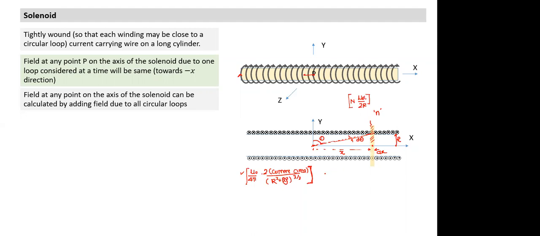The current part is this. Shreya, can you write this expression? Mu naught by 4 pi. How much is the current through this part of the solenoid? Shreya, how much current should I write? Area is okay, I can write pi r square. What is the current passing through this length dx? Shreya, what is the value of current I should take here? What I have not mentioned is that the current through each loop is I and n is the number of turns. So what current should I take for this length dx?